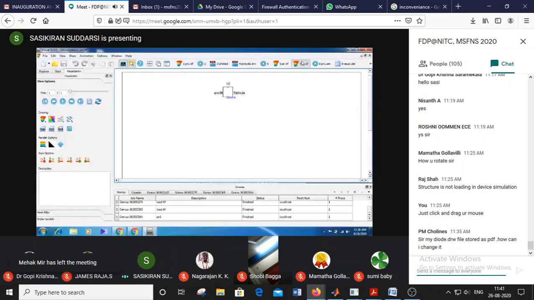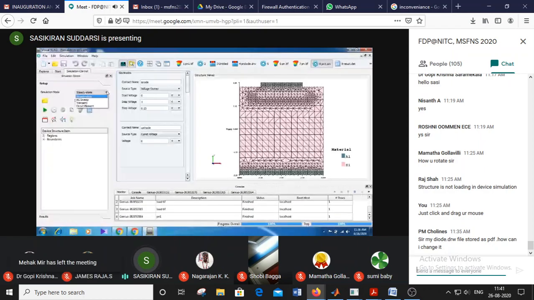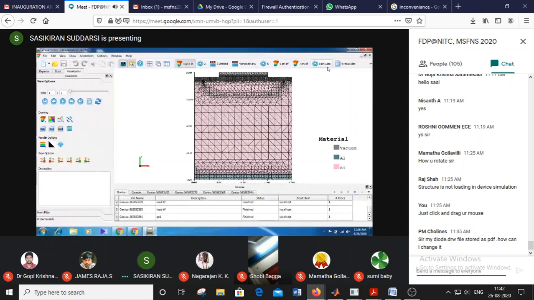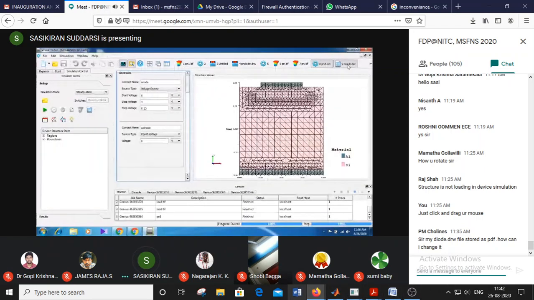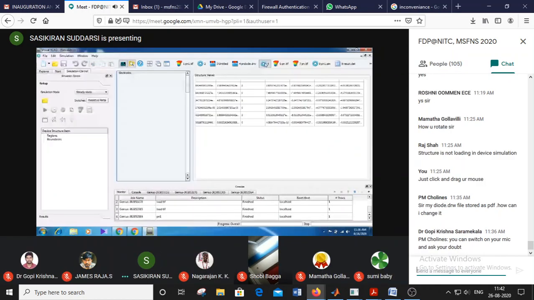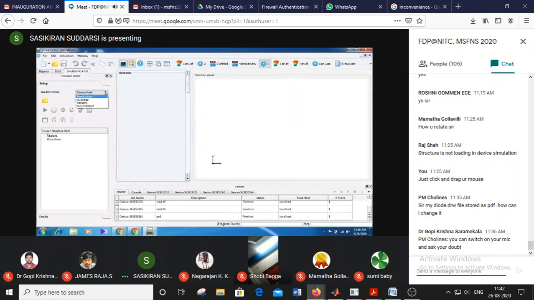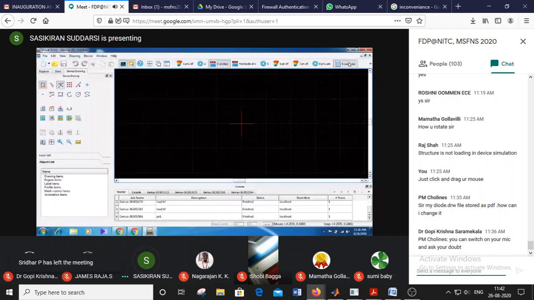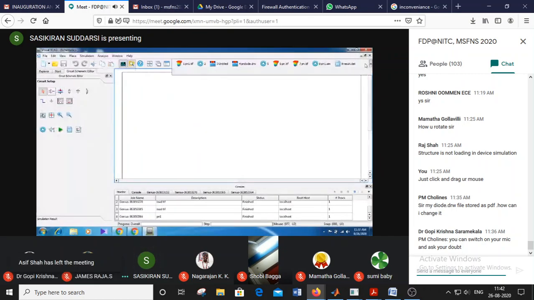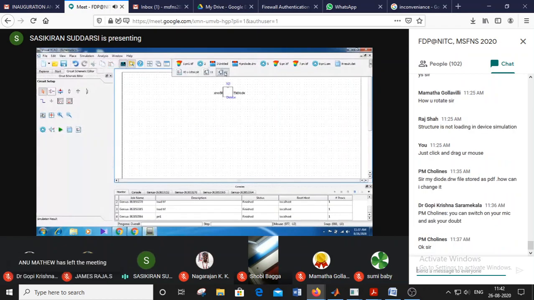Oh, we can change that element. Okay, anyway, we can change it later.